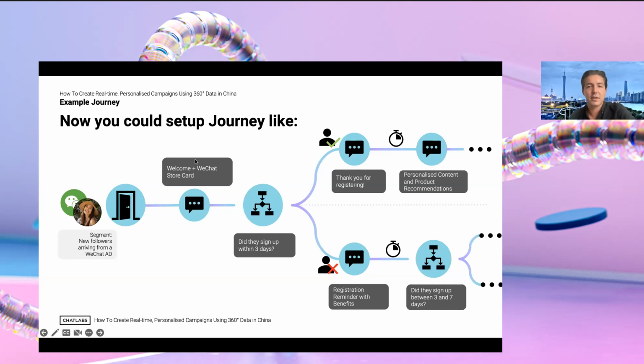And if they did, then we send them down a loyalty path with more personalized communications around the content and the products that they've looked at. If they haven't registered, maybe we send them down a different journey, trying to send more registration reminders, benefits, these kinds of things, or push them